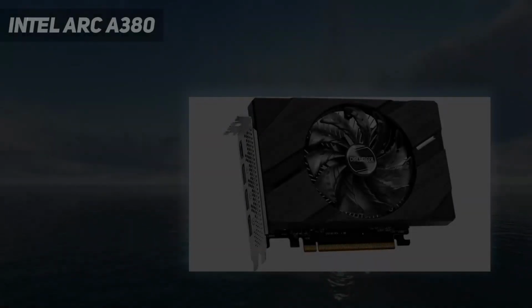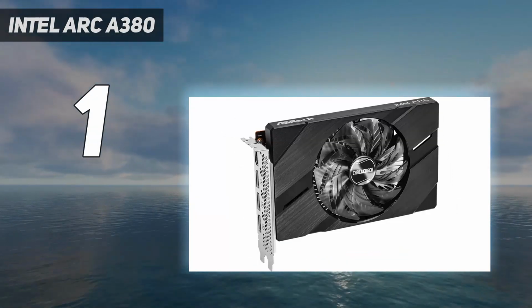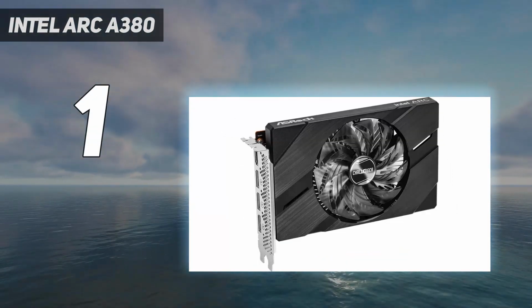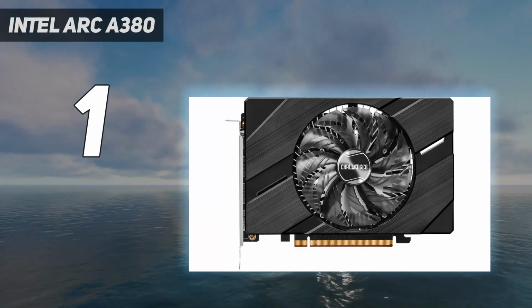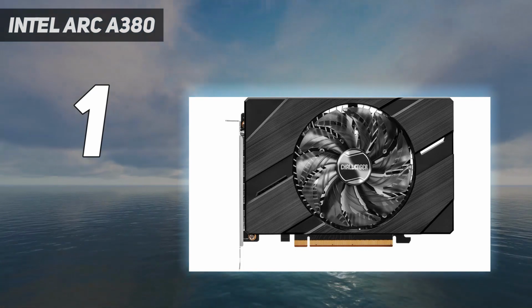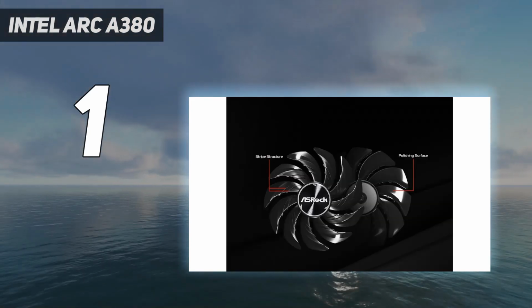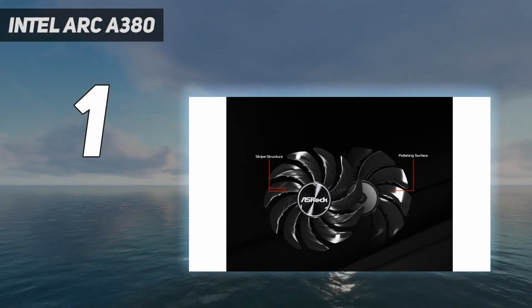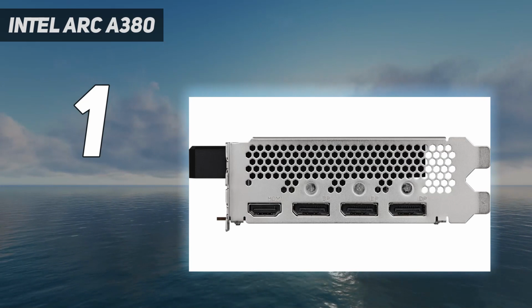And number 1. Intel Arc A380. The Arc A380 perhaps best represents Intel's dedicated GPU journey over the past year. Our initial review found a lot of problems, including game incompatibility, rendering errors, and sometimes downright awful performance. More than a year of driver updates has fixed most of those problems, and if you're looking for a potentially